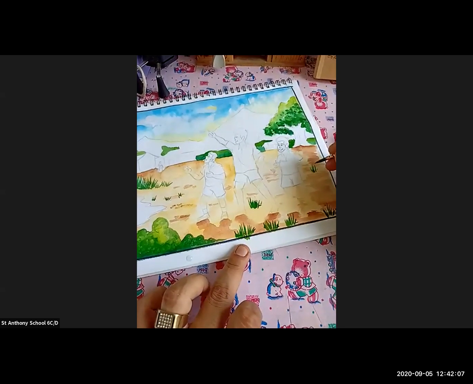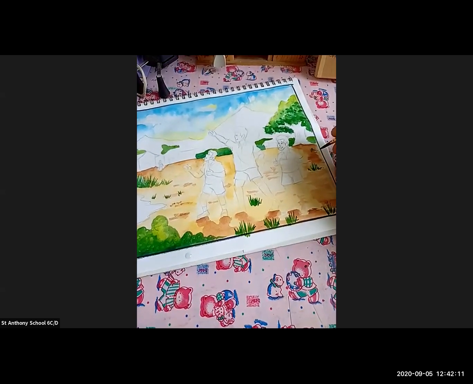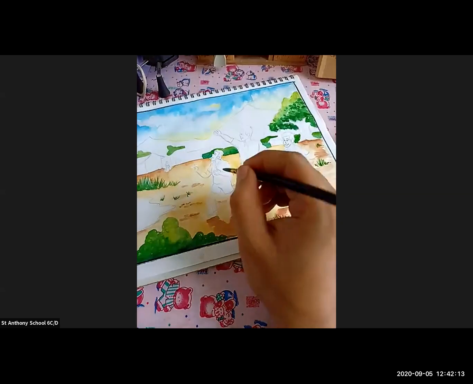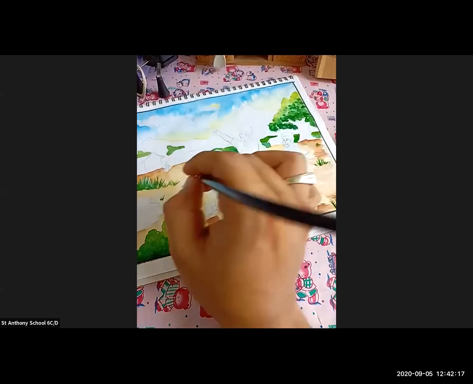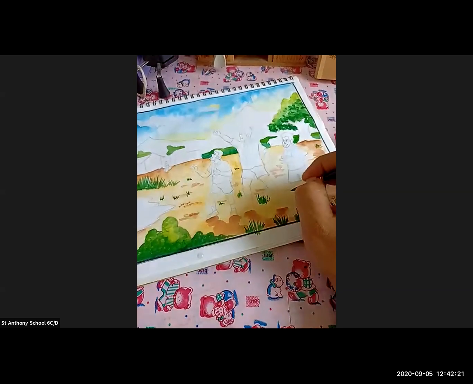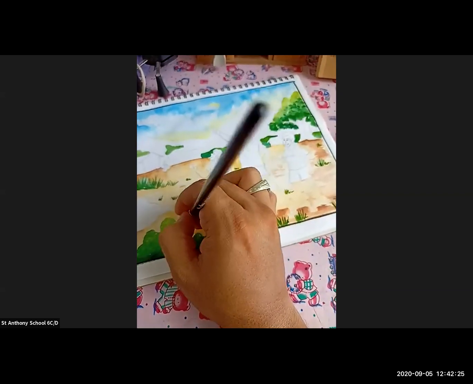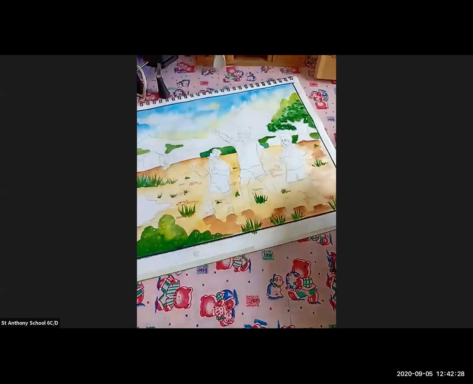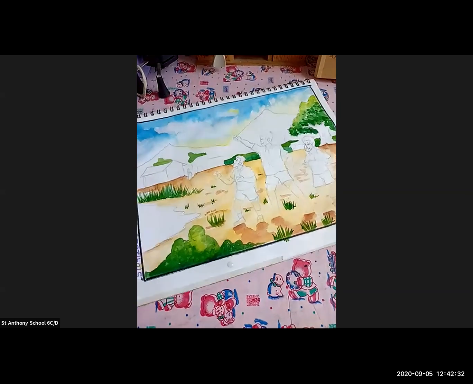This is how you're going to do it. This is where I'm going to draw the grasses at the back. There is some space over here. So this is how you're going to add many more grasses in this painting, and you can get proper detailing over here. Now I'm going to color the water.